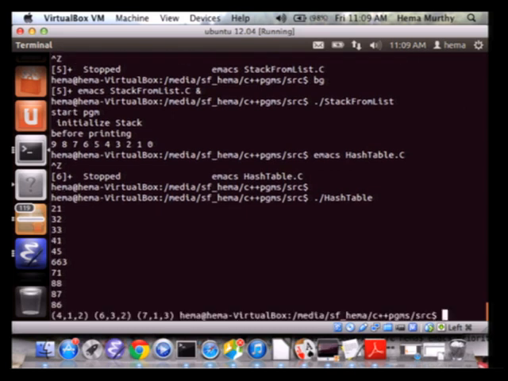Okay. So what is it telling me now? 21, for example, will hash to bucket 1, 32 will hash to bucket 2, and 33 will hash to bucket 3. So far no collision.